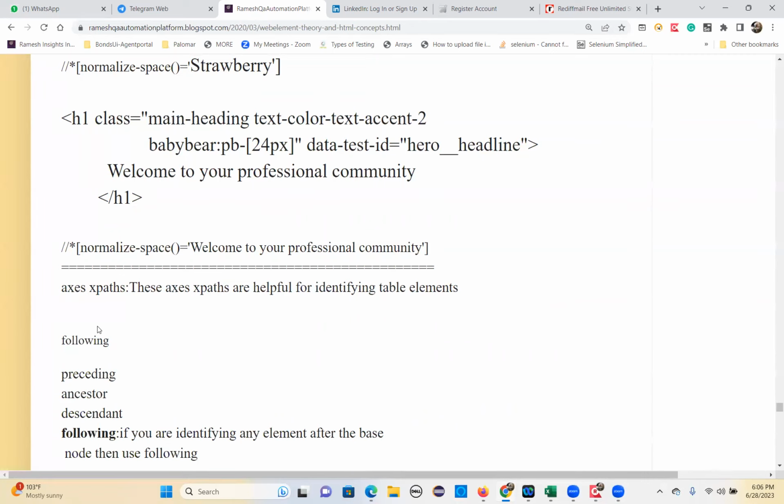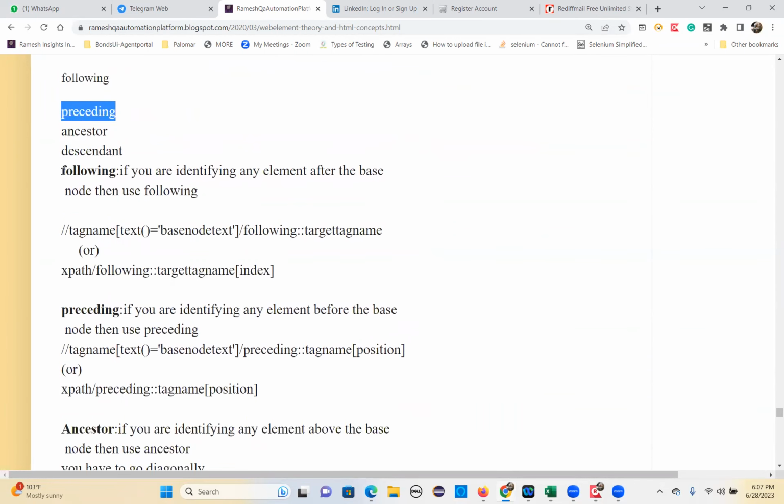And so what is this following and preceding? Let's understand following first. Following means it's after, right? Just after. Any element you want to identify after the base element, you have to use following. For example,